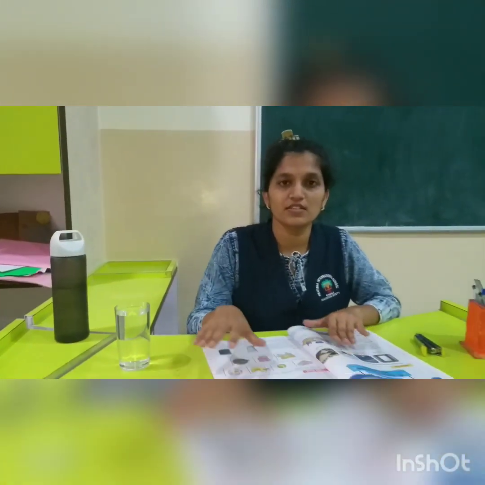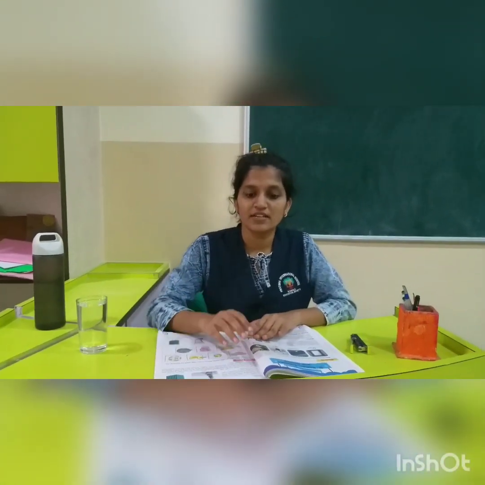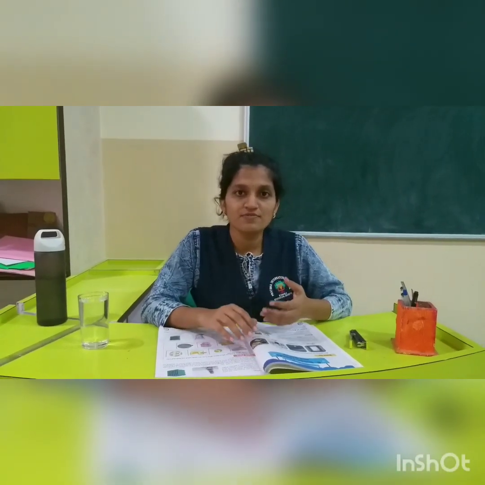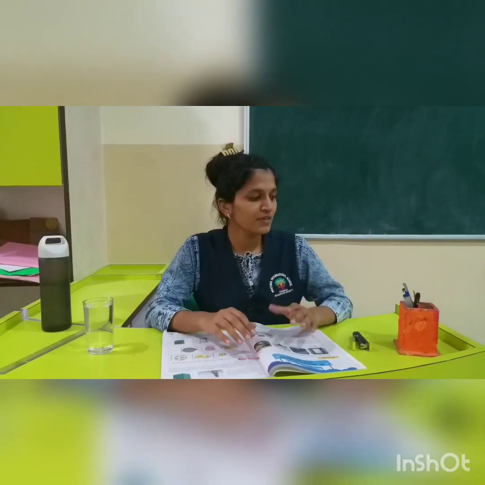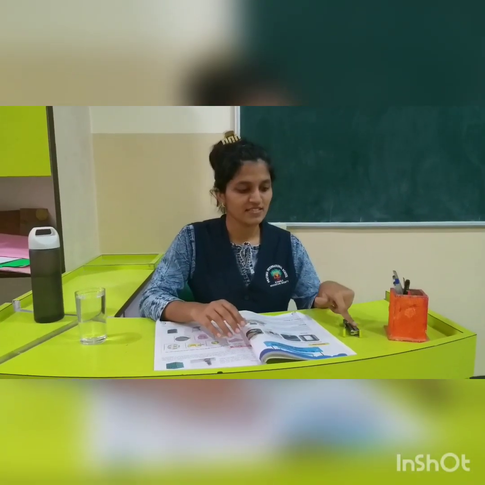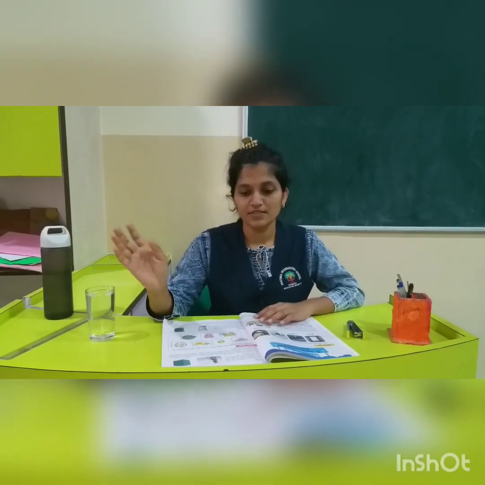So students, now we have seen different things, and we have seen the materials also. The materials which we use to make these things are known as matter. That means different materials like wood, plastic, paper and steel are all matter. All these materials have a common name, that is matter. Now students, we are going to see one demo to show that liquids have definite volume.